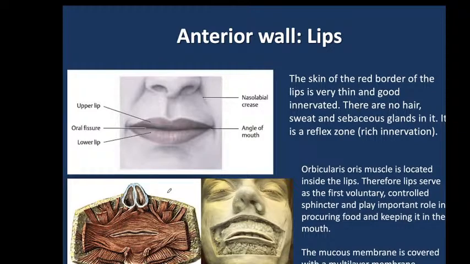Labia means fleshy borders, and the lips are fleshy folds surrounding the opening of the mouth, surrounding the oral fissure, in other words. Lips contain the orbicularis oris muscle. It is visible here. Here are the fibers of the